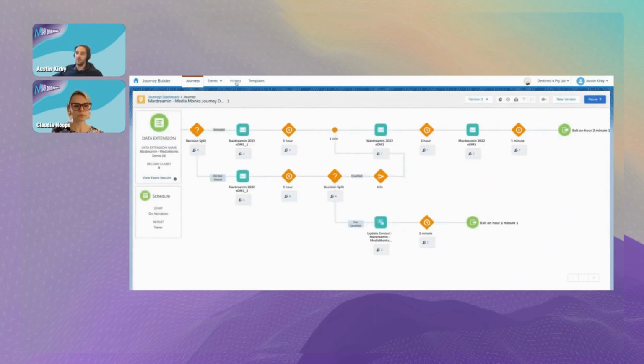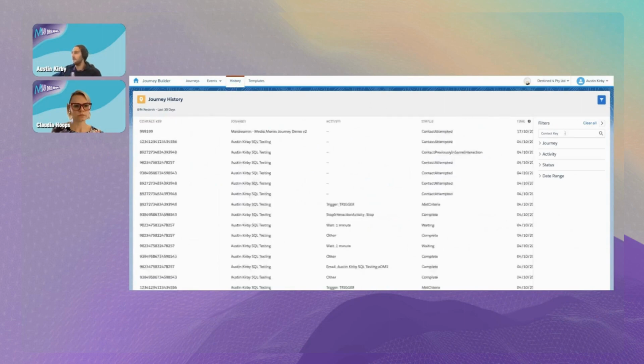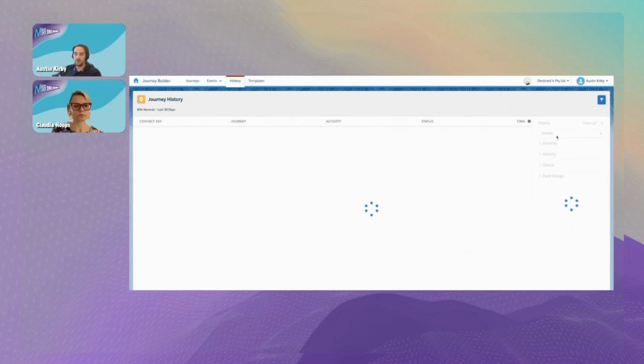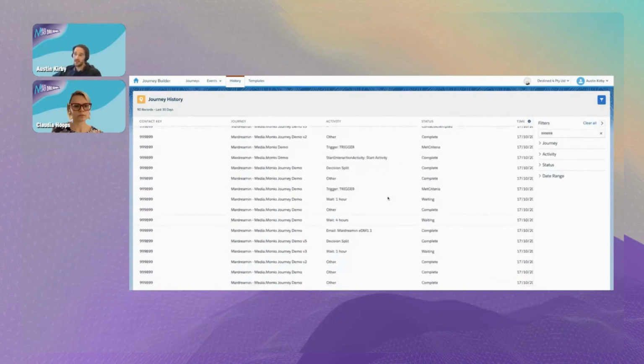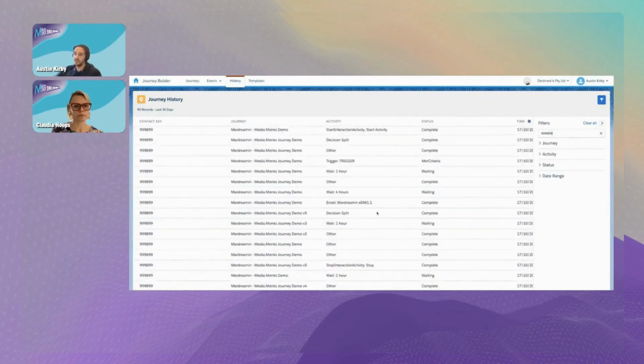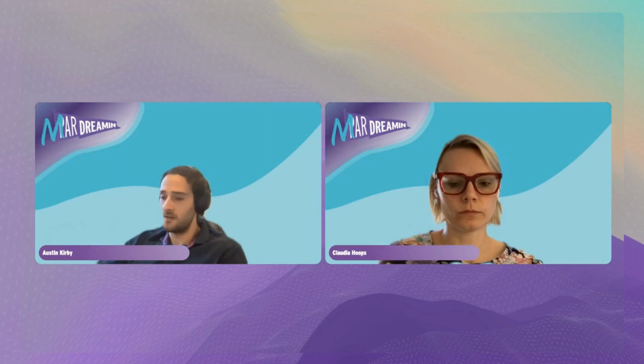You can jump into journey history in the top navigation here and find a specific contact, if you wanted to understand one specific individual's engagement across a journey. The good thing about this is it does show you when they reach a decision split. However, the limitations here being that it doesn't show you what pathway they went down once they are evaluated on the decision split. And it also doesn't show you any click engagement in your email activities. Now, if we just jump back into our presentation,